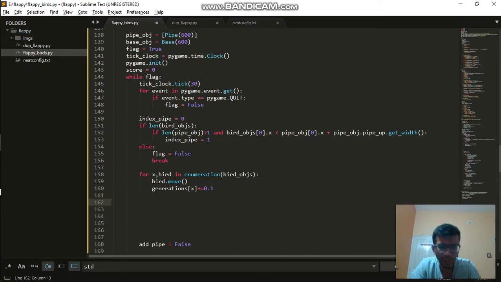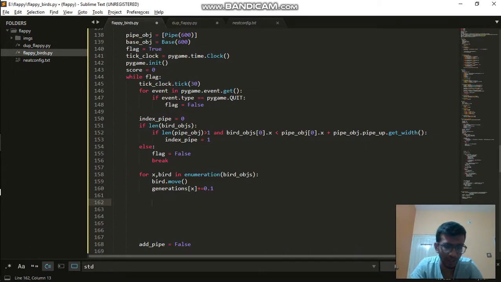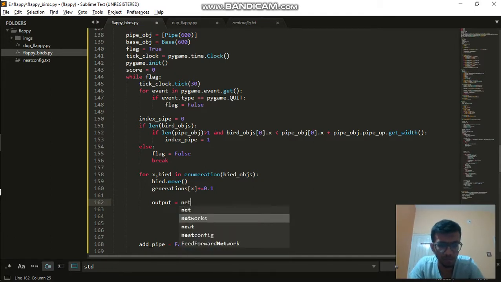That means that we need to feed the input and we need to get the output. If the output is, let's say, greater than a certain threshold, then and only then we need to jump. So what we need to do now is call our neural network: output equals network of x